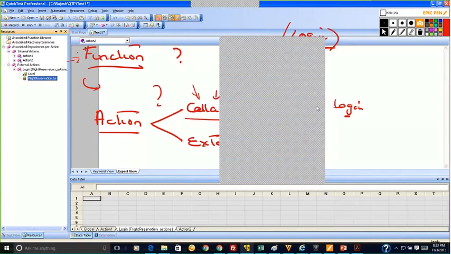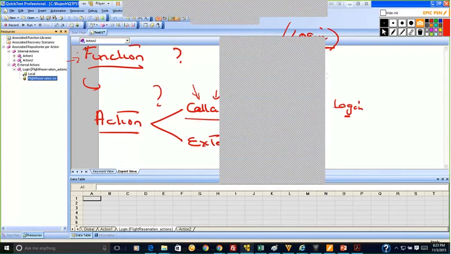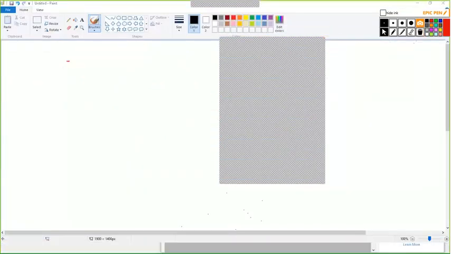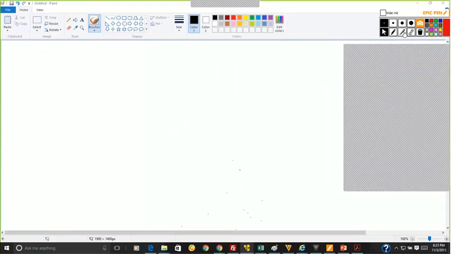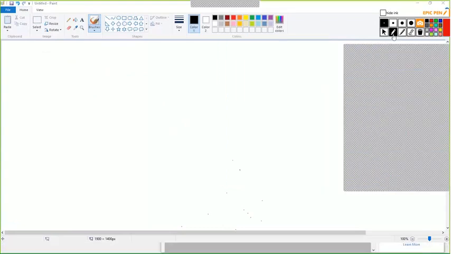Fine. Now, if you're looking at actions, actions are very, very less used. We don't use actions much.